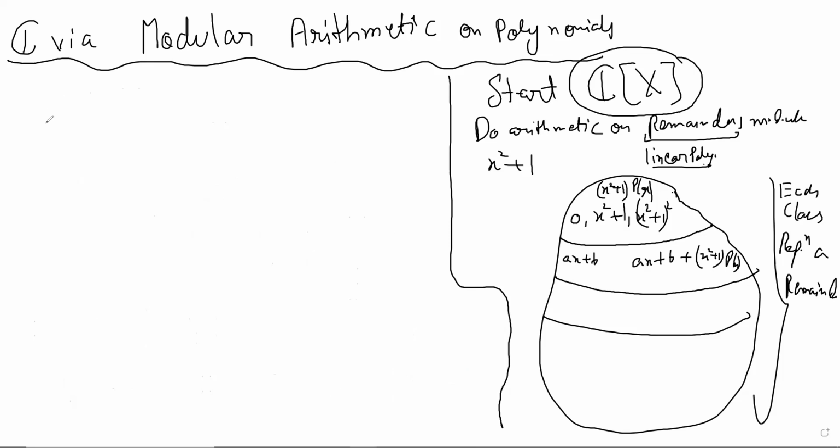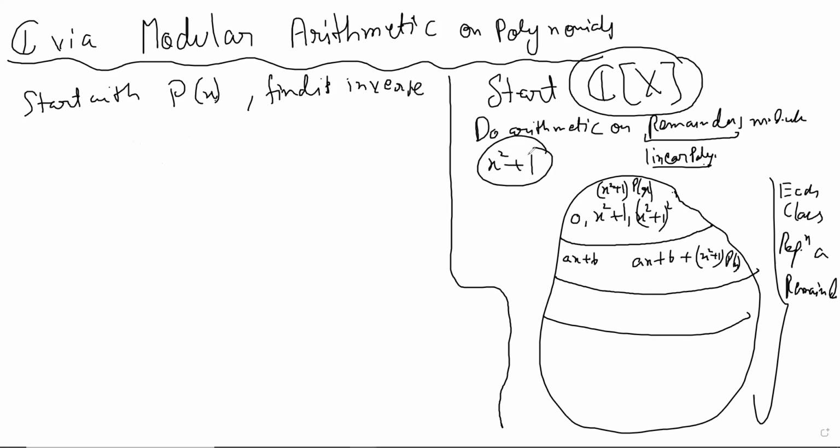So my point is that given any polynomial, let's say p(x), start with the polynomial p(x). This will belong to some class. When I say p(x), I am representing the class of p(x). Start with the polynomial p(x) that represents the class p(x), and find its inverse, or show the inverse exists, and so on. And we will see the inverse. My point is that the inverse doesn't depend on this polynomial x square plus 1 only. It depends on the fact that the polynomial is irreducible in the